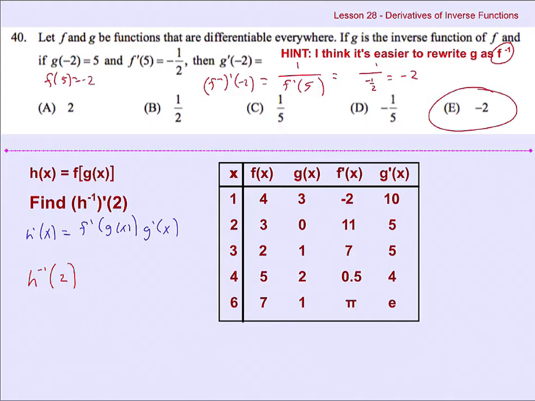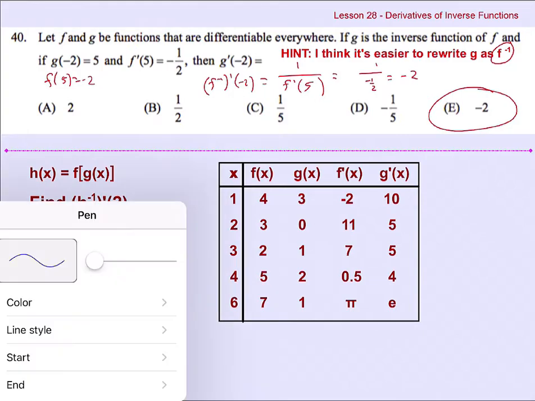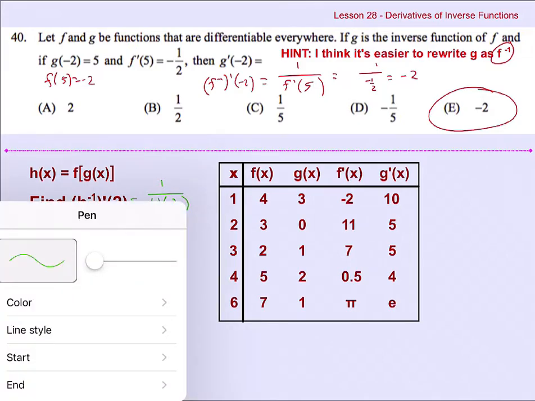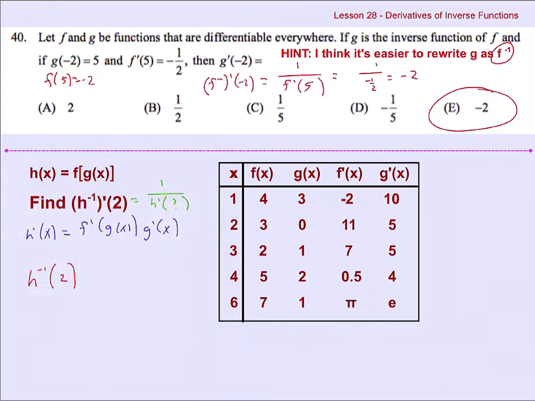We need to find out what number we're plugging into that derivative. Because remember, our final answer, the derivative of our inverse function, is going to be the reciprocal of the derivative of h evaluated at some number we haven't found yet. I need to find out what that number is. That number is going to be h prime of negative 2. So we need to figure out what value